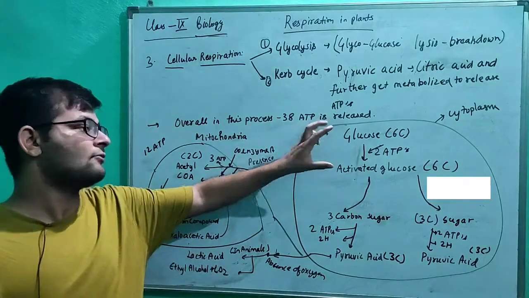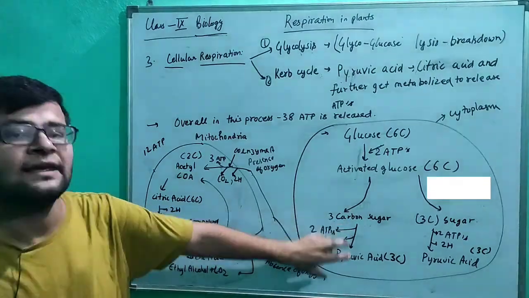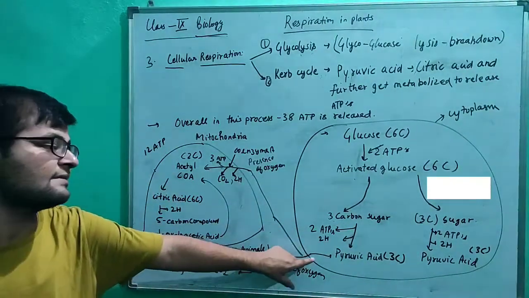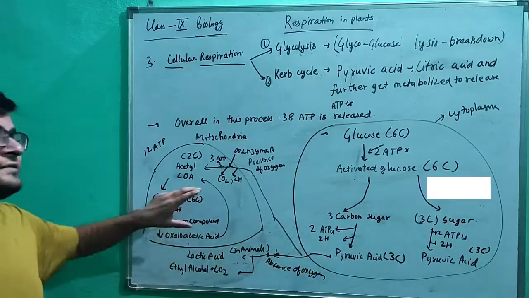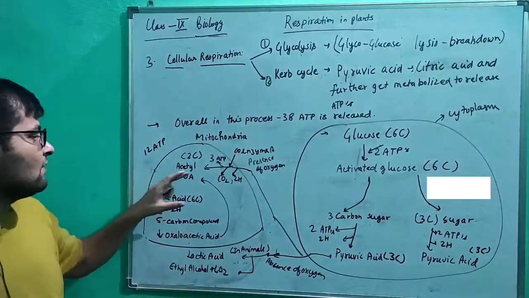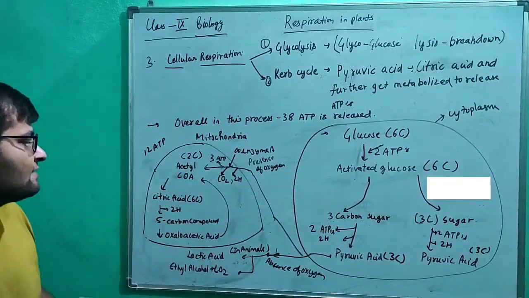You also have to keep in mind that till pyruvic acid the reaction happens inside the cytoplasm. After this reaction, the pyruvic acid moves into mitochondria. In mitochondria it gets converted into acetyl coenzyme A. This acetyl coenzyme A